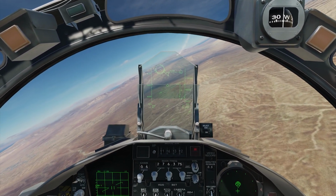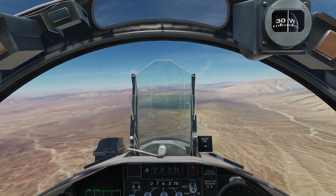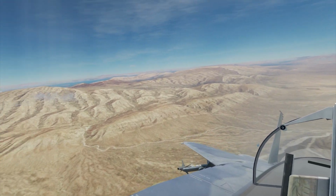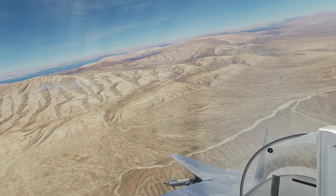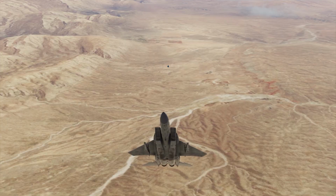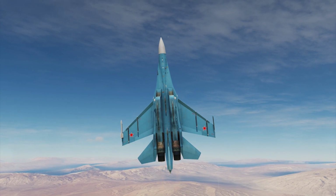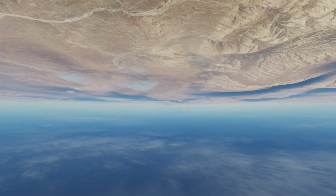We're a bit above him and still have plenty of speed. So, let's, there he goes down. Let's go vertical again. So you see, he's going vertical too. Okay, we have to be careful here. He has a missile and is below us. He will shoot it. It's a little bit tricky to go vertical against someone that has missiles, but there's a